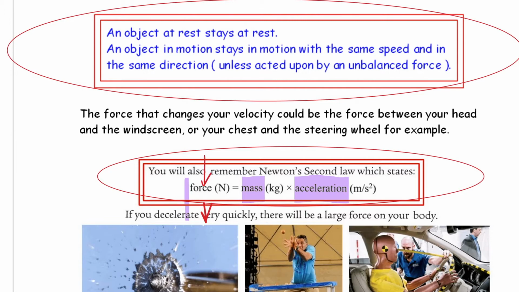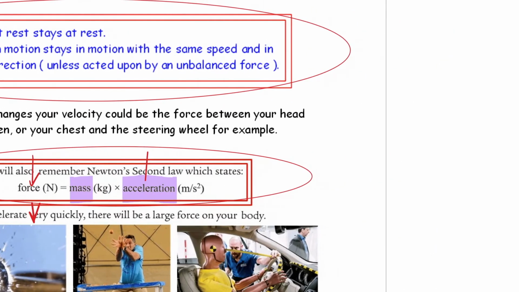We can't really change the mass of the driver, but what we can do is to reduce the acceleration. Quick recap on acceleration then. Acceleration is change in velocity over change in time. Now, the velocity, obviously the slower the car's moving, the less danger there is to the driver and passenger in the instance of an impact. But